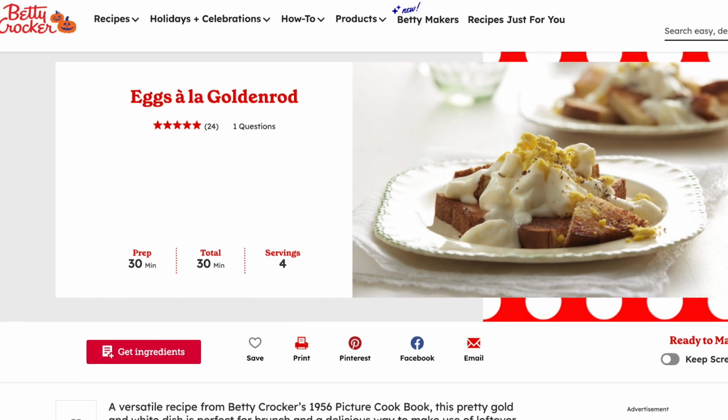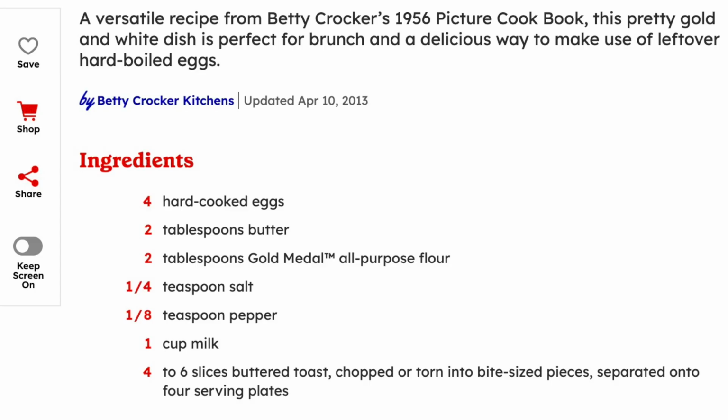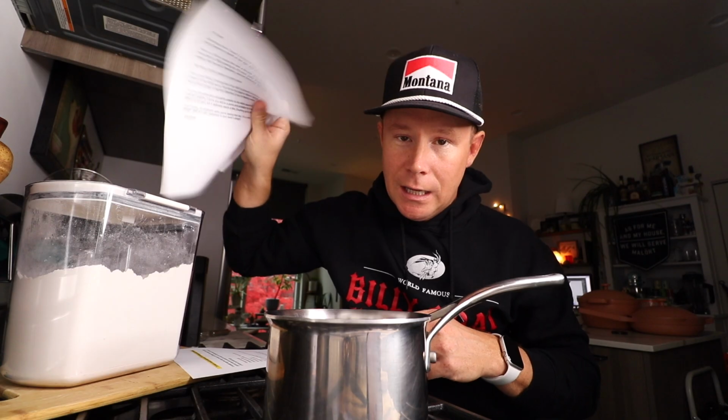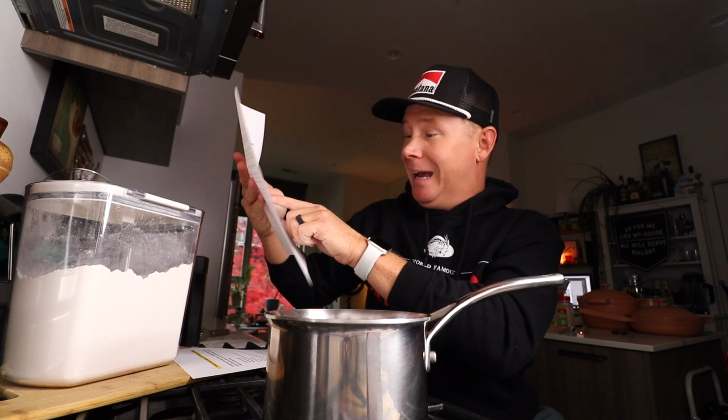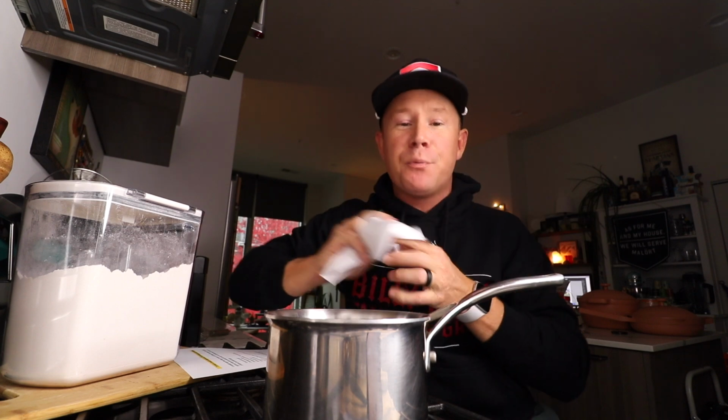The Betty Crocker recipe is a good base. The Michael Jordan of cookbooks. Betty Crocker wrote this recipe for eggs a la Goldenrod. Elizabeth even wrote in some zhuzhing. She gave us some ideas to zhuzh it up. I'm gonna keep it, as she knows, pretty